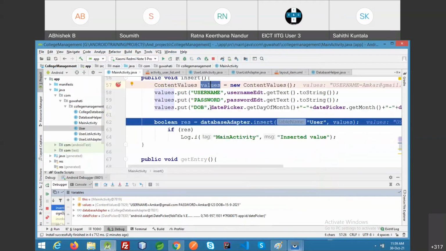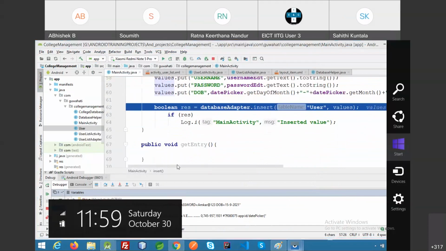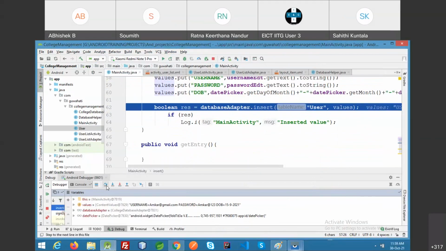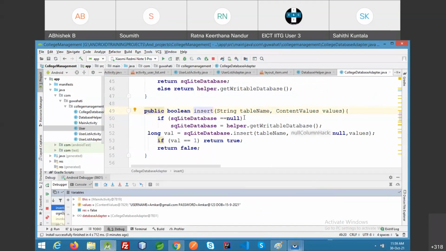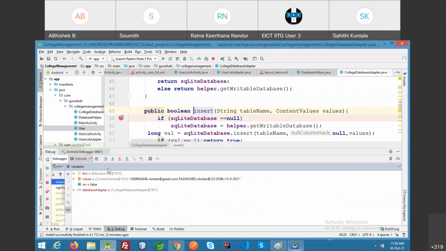Now I'm going to insert. Let's check what happened on insertion. Result false. It is not inserted. What happened? Might be the SQLite database equals null, get readable database, SQLite database dot insert. Might be it is stuck here. Let me test it again.